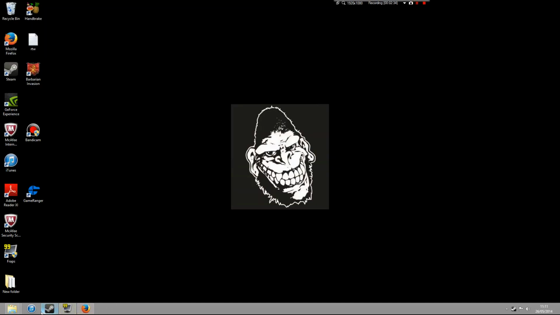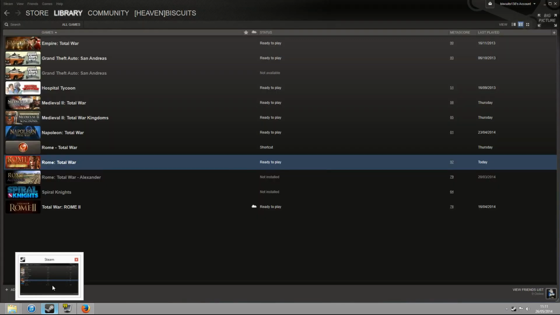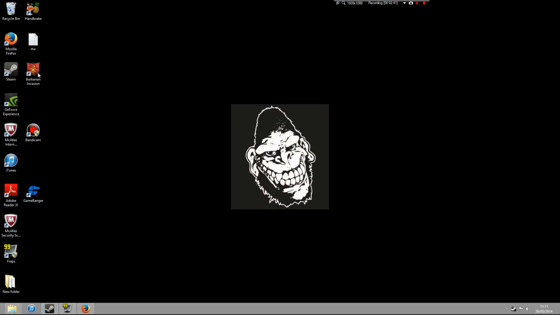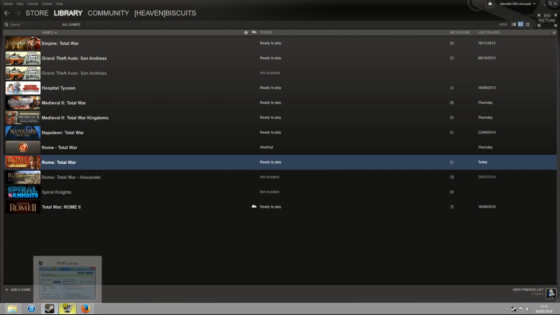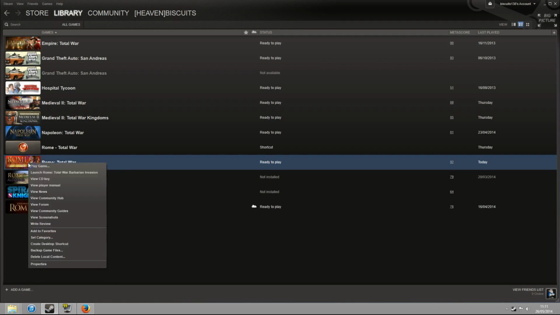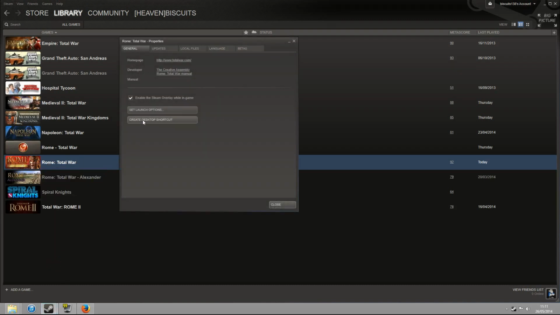Okay, so to do this alteration, it's really simple. There's two ways of doing it. You may have a Steam version of the game, or you may have a normal disc version of the game. But all you've got to do is you pull up your games, if it's a Steam version that you've got. You basically find out which game you want to alter. So in my case, it's Rome Total War. You right click on the icon, it brings up a menu, you go to Properties, then you go to